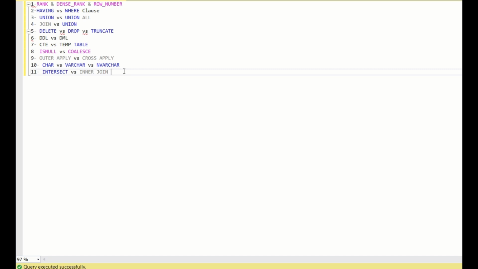Today we are going to see a few topics. These are basic topics only, but I feel these are important for people who have experience below 3 years, and if they want to move to data related roles, and if they are having interviews in SQL, these are must questions. So these are the topics: rank and dense rank and row number, the difference between all these three,